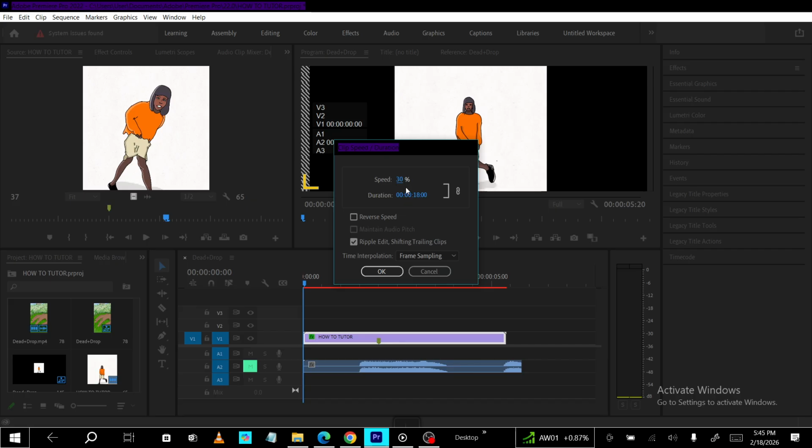Lowering the percentage slows the clip down. For example, 50% plays at half speed, making everything take twice as long. Drop it to 25% for quarter speed if you want a more dramatic, dreamy effect. If you're aiming for a subtle slowdown, try something like 80% or 70% for a gentle stretch that still feels